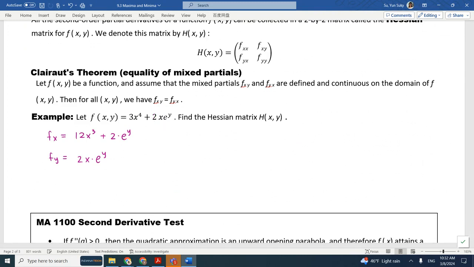All right. Now, what is fxx? Morgan. 36x squared, and then, oh, that's it. This has no x's at all. It's like a number. The derivative of a number is 0. Okay, fyy is, let's see,